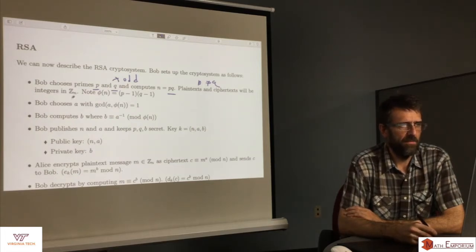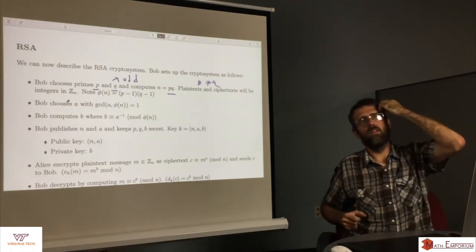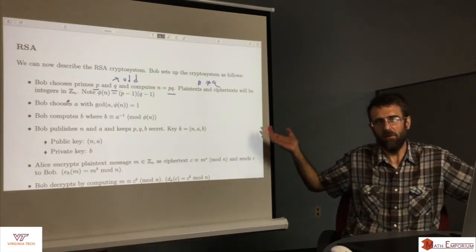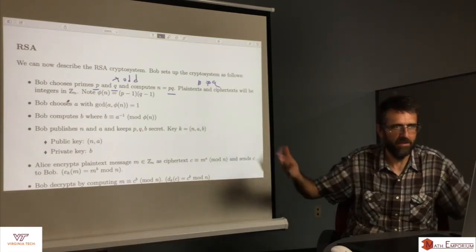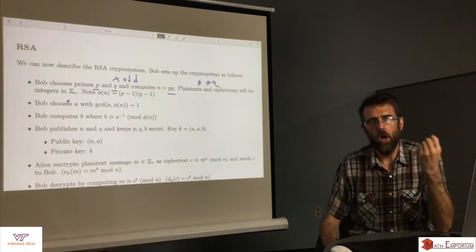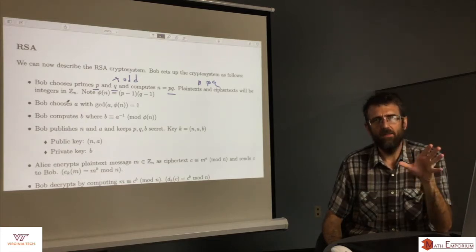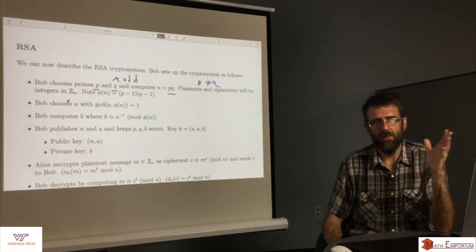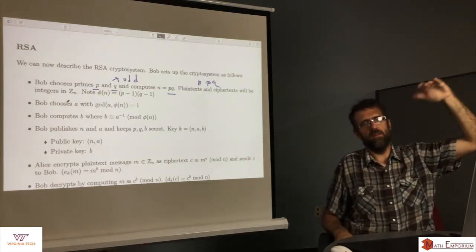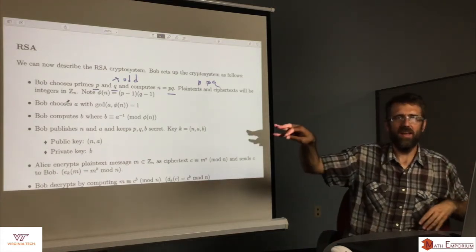Plaintext and ciphertext are going to be integers in Z mod n. If we want to send a meaningful message in some natural language, say English, though it could be any language, we're going to have to find some way to encode messages as integers. That method will be completely public, unkeyed, known to anyone. So we'll just have some agreed upon way to take whatever we want to send and encode it as